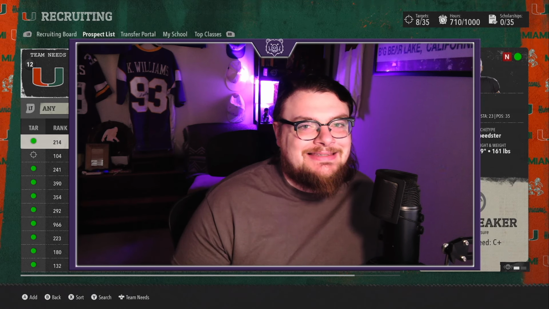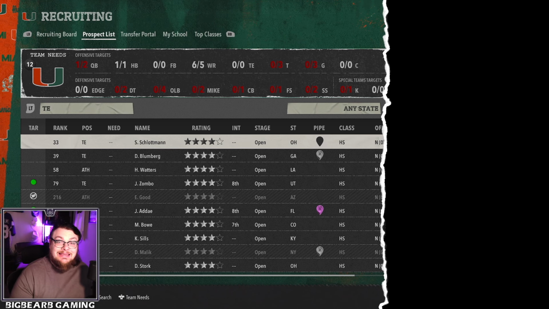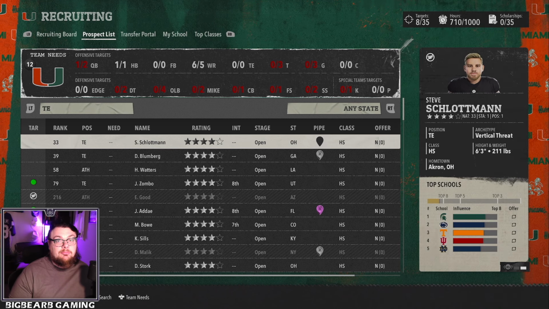But there is one other receiver letter we haven't talked about, and that is the Y, which is always going to be that tight end as long as they're on the field. And when it comes to choosing your tight end, it's pretty simple here. This is a pass-first offense, so vertical threat is going to be your number 1. But you may also want to consider some physical route runners. And these tight ends have very similar abilities to the receiving physical route runners,